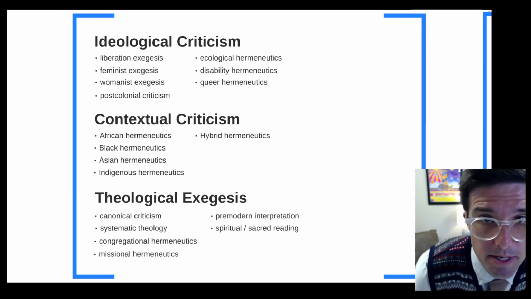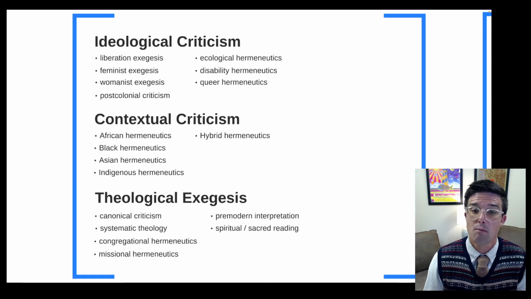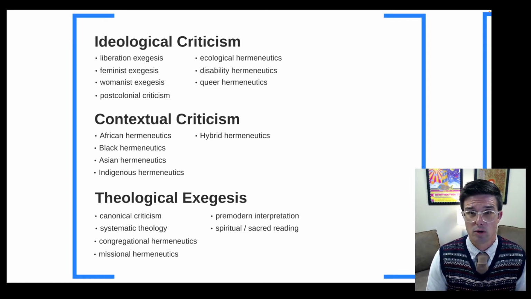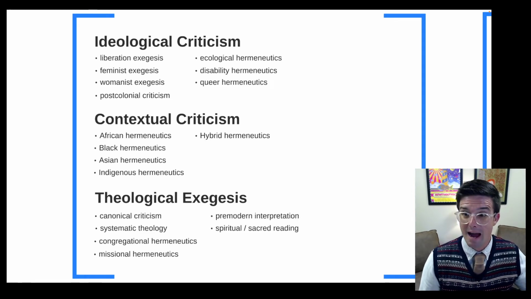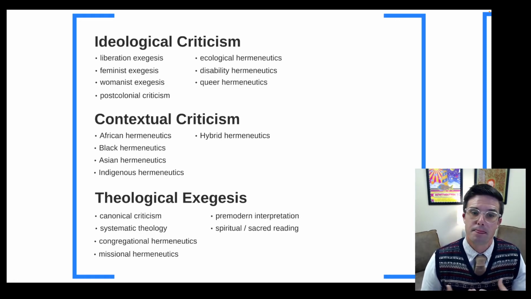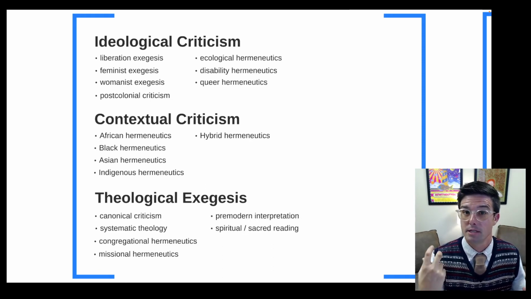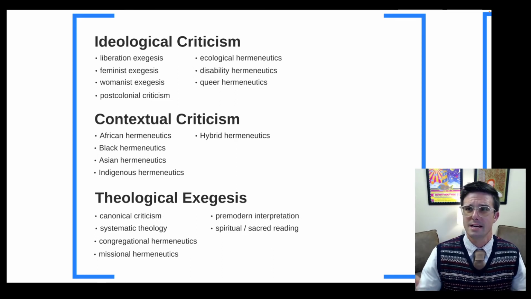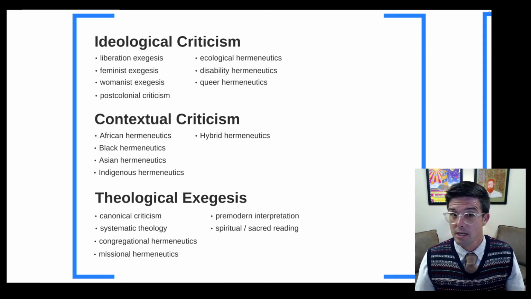Theological criticism is going to be particularly interested in how the text has meaning for the church in some way or another. So canonical criticism is concerned with how a particular biblical text or passage relates to other passages in the biblical canon, how it jibes or does not jibe with them. Theological exegesis might also be interested in how particular passages inform theology and particular theological debates or systems, which relates to congregational hermeneutics as well. This is the idea of how the Bible works in different denominational settings. What's its importance in liturgy and in worship?